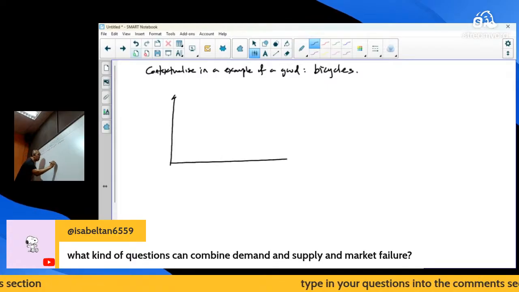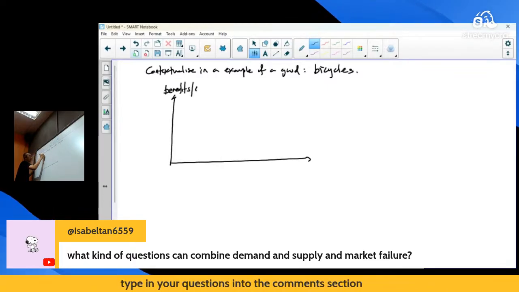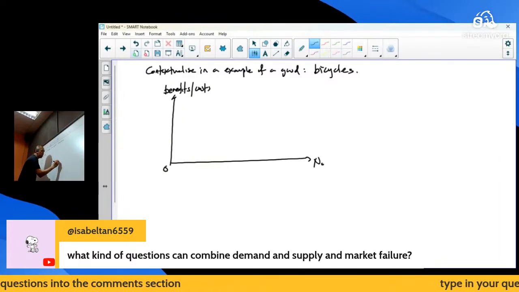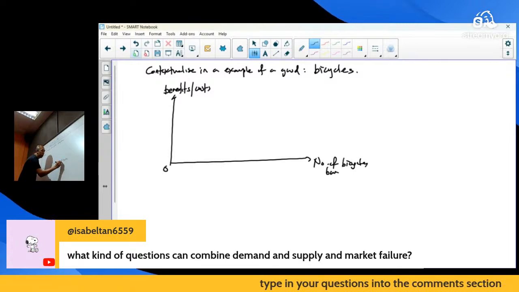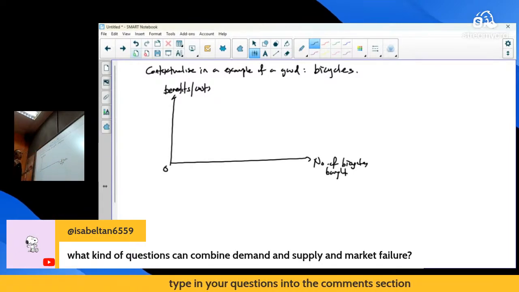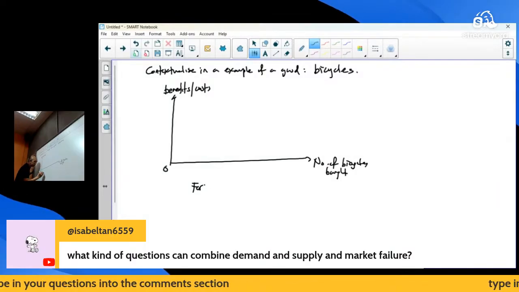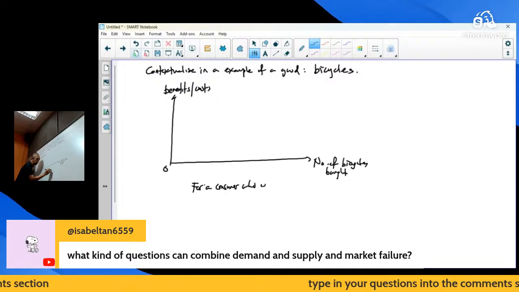What you do is you draw a benefit cost diagram: benefits of buying a bicycle and cost of buying a bicycle, against the number of bicycles bought. So how does a consumer rationally decide to buy a bicycle? So for a consumer who would